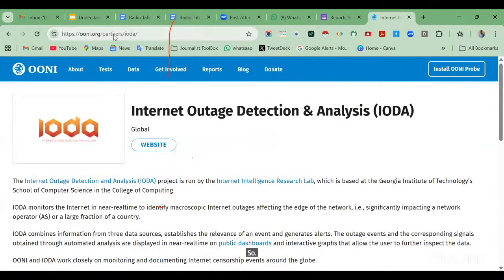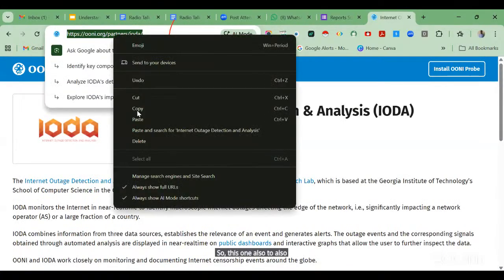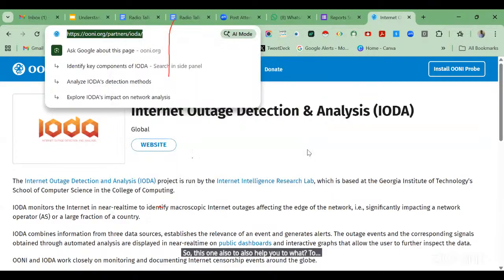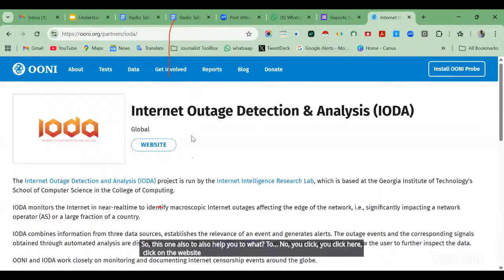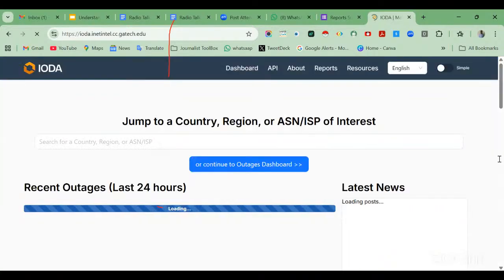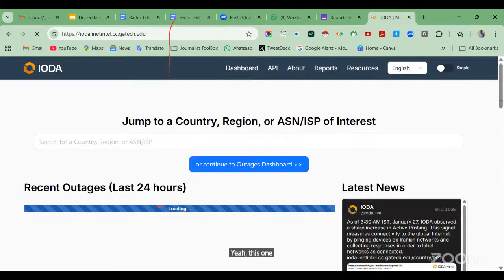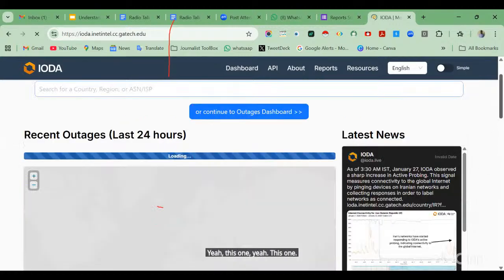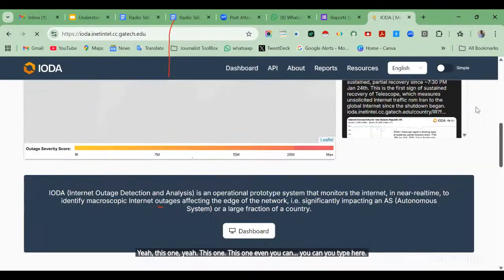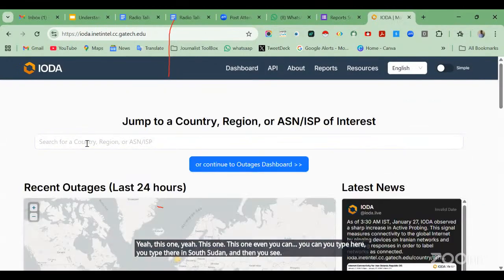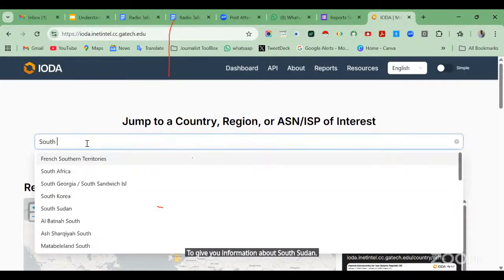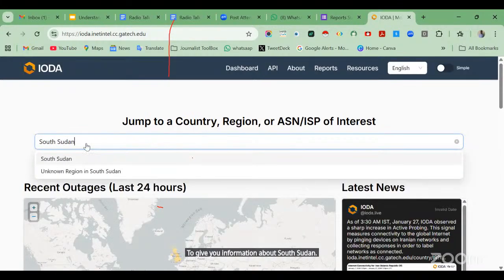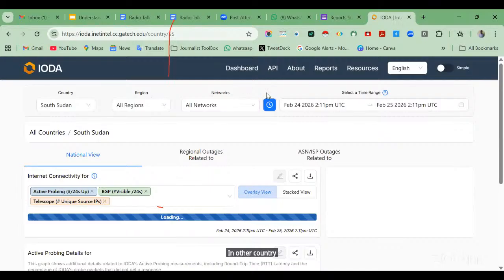So this one also helps you to, no, you click here, click on the website. Yeah, this one. Even you type here, you type there South Sudan, and then you see it will give you information about South Sudan or any other country.